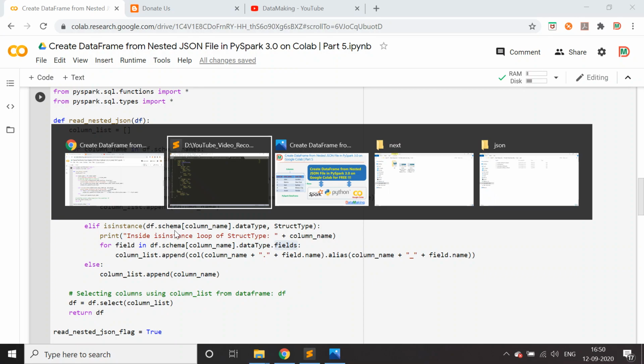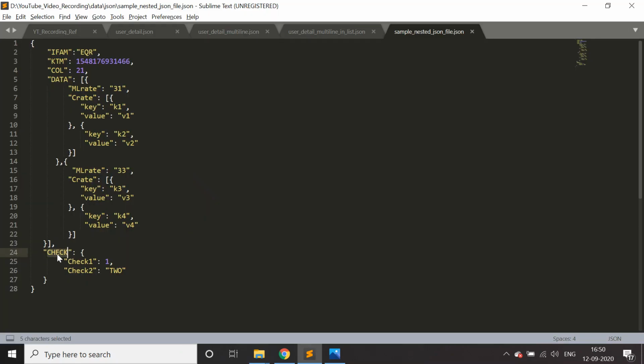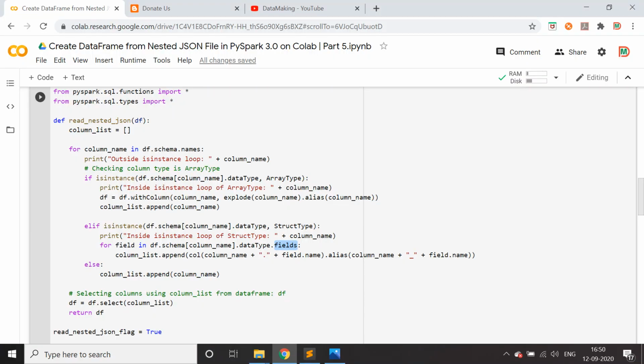So in our example, when it comes to the check data type, the inner fields check1, check2 can be accessed using this dot fields property. Okay, so you are iterating it, and how do you access the column? Basically the outer column name, dot, and the field name.